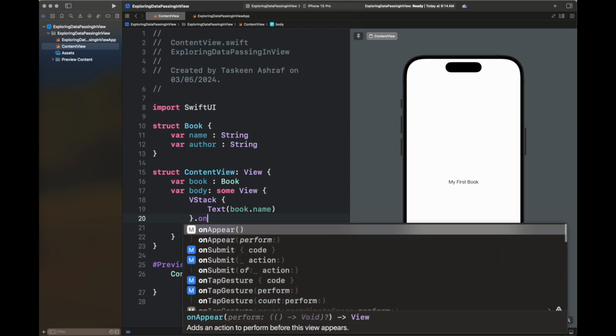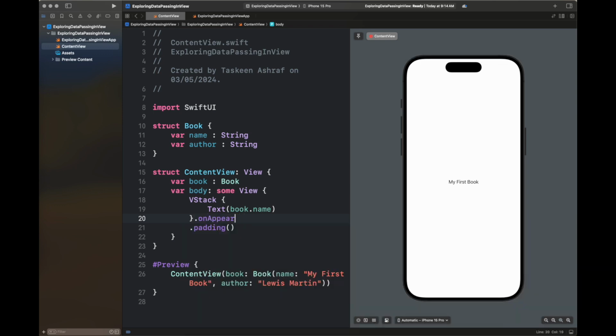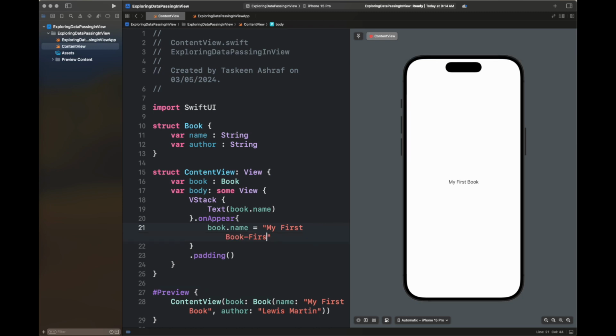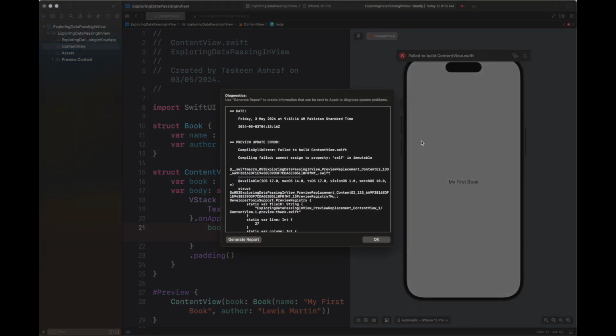So now I'm going to try to change the value of book.name, and let's see what happens here. So here I'm entering the new name. And an error is going to occur, and the error says that the